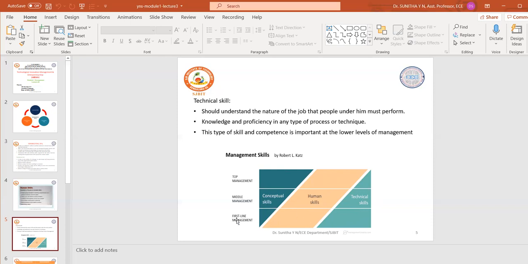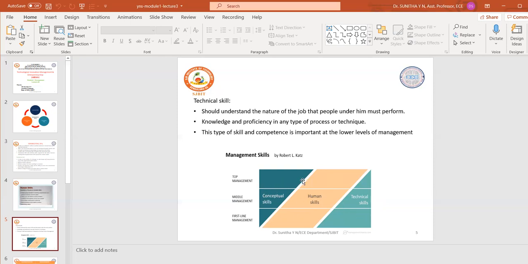The lower layer represents the lower manager, then the middle manager, and the top layer is the top manager. Respectively, you will find those three layers here. You can see that the darkest green is conceptual skill, the light green patch is technical skill, and this yellow patch is human skill. So middle management should have conceptual skill and human skill. You just see how big the human skill, how big the conceptual skill, and how big the technical skill they should have, you can make out here.